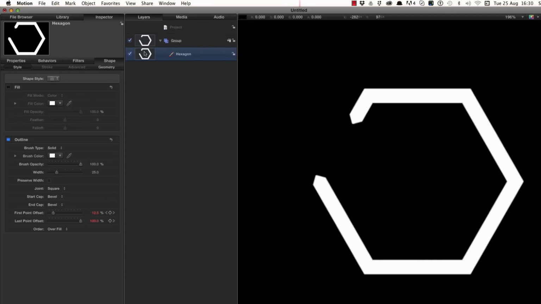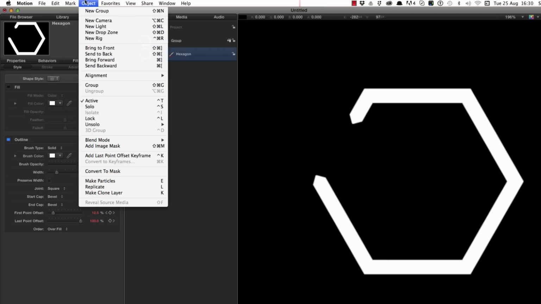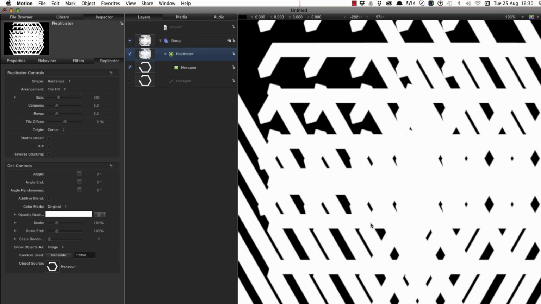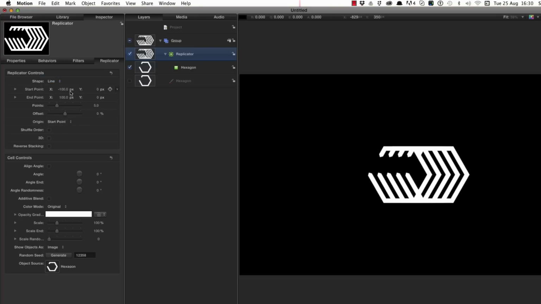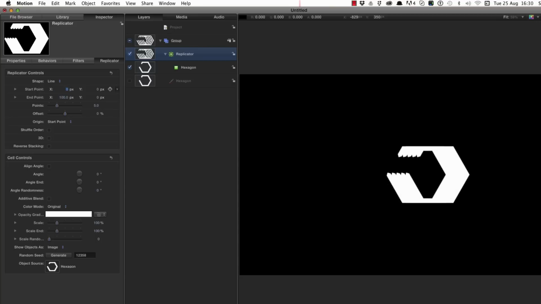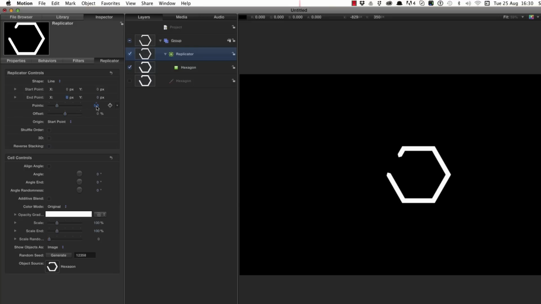Okay, so the next thing I'm going to do is make a replicator. So I'm going to hit L, or I could come to Object, Replicate. Let's zoom out, and let's set the replicator shape to line. And what we need to do is zero out these two X values. So X start 0, X end is also 0, and we'll leave the number of points at 5.